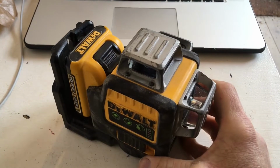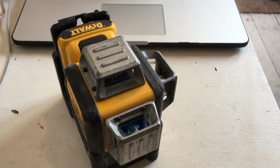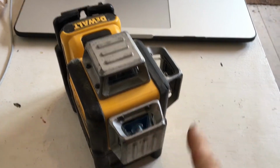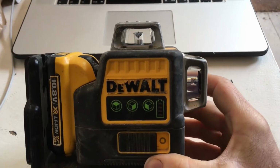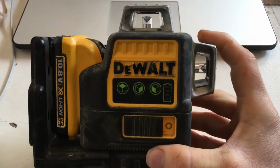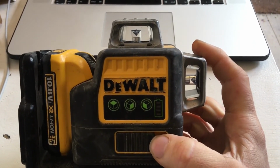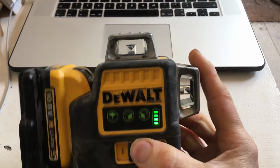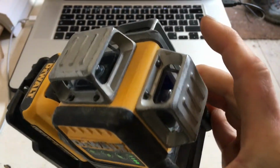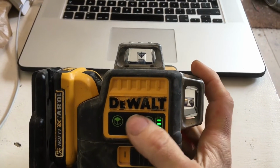The DeWalt DCE189D1G runs on a 12-volt battery system. It emits a green light and it has 3 different planes on which it can emit that light. And each of those planes is 360 degrees. If you look inside, there's a little array of lasers on a pendulum that's magnetically damped, and the on and off switch has a locking system that locks that pendulum out so it doesn't get damaged while it's in transit. You unlock it like that, it shows you the battery level, and you can hear that it now lets the pendulum move around. And you select one of these 3 dimensions,